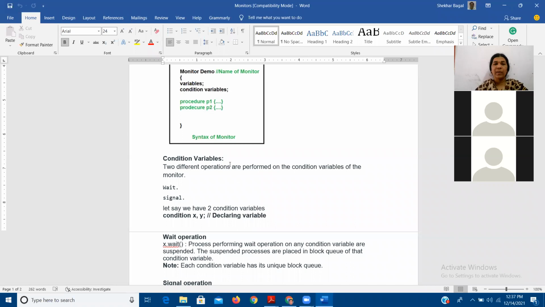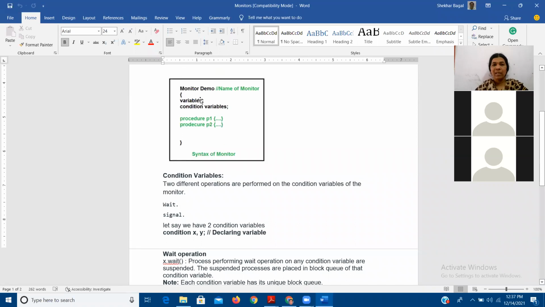You have to declare the name of the class, the variables, and the procedures, operations or methods which you want to perform on those variables. So simply, you may write monitor add, with variables A and B as int, and a procedure addAB, to which you pass A and B. Inside the definition of that procedure, you can add these two variables, store the result in C, and return the value of C. That will be returned through that procedure.